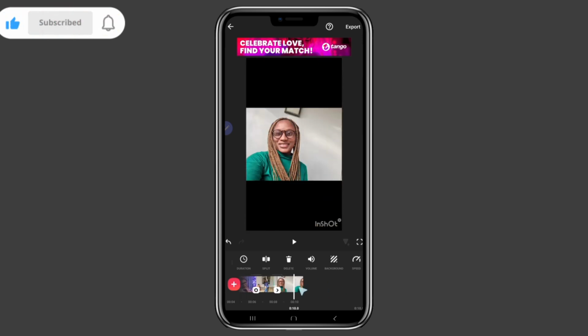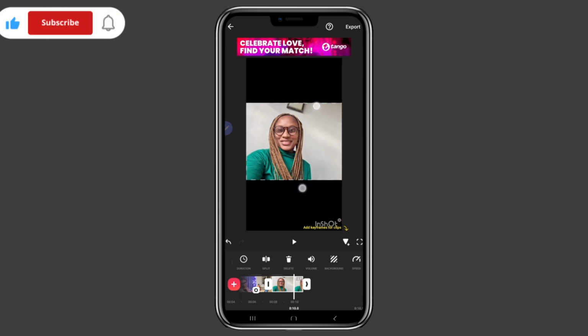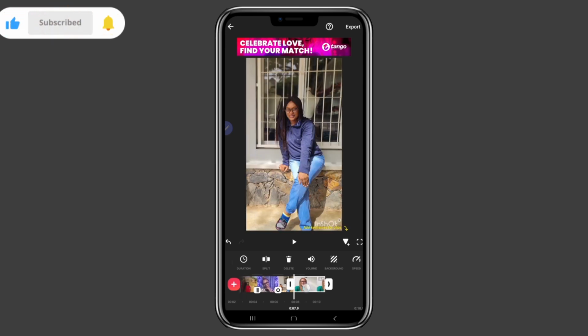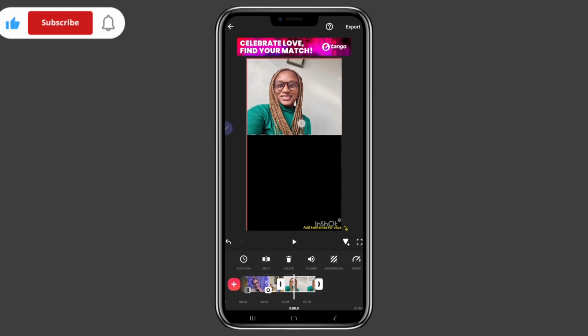Okay, so for this one, I want to show you something. You can see that we still have these black empty spaces and it's not cool at all. And I don't want to zoom it too much so that my face is not all over the screen. So if you have something like that, here's what you can do to make it even fun and creative. So let me tap out. Make sure you tap on it to highlight it. Once you tap on it, it means you've highlighted it. Then I'll tap on this and just drag it to the top